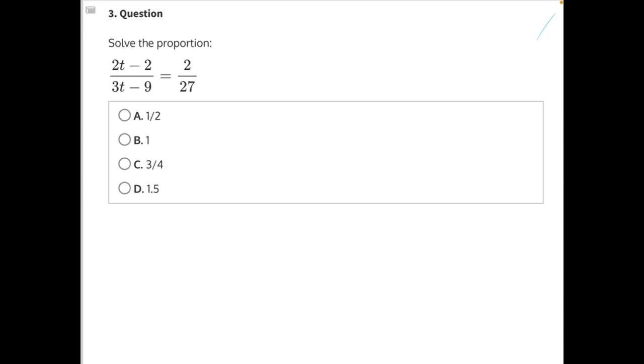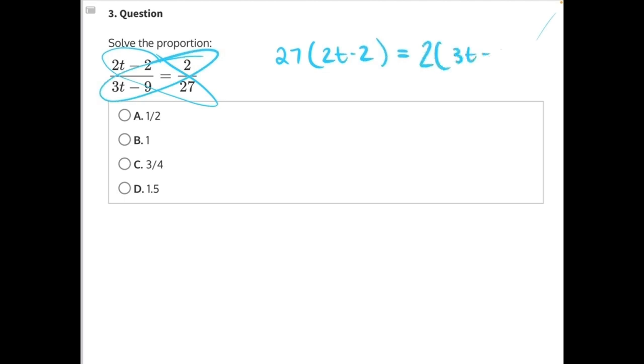To solve this proportion, let's start by cross multiplying 27 times 2t minus 2 and set that product equal to 2 times 3t minus 9. We can't resolve anything within the parentheses because variables and constants are not like terms, so we can just start doing distributive property. 27 times 2t will give us 54t, and then 27 times negative 2 will give us a negative 54. That all equals 2 times 3t would give us 6t, and 2 times negative 9 would give us